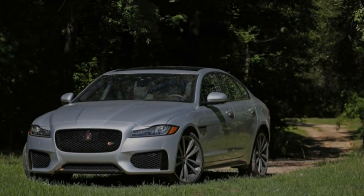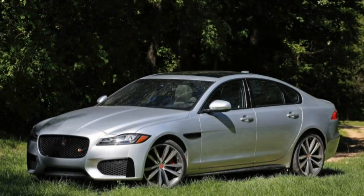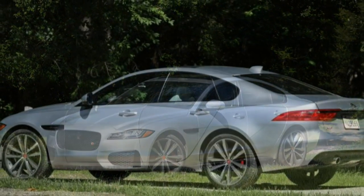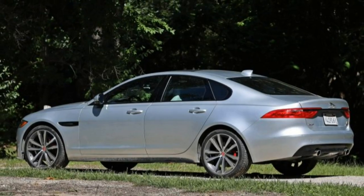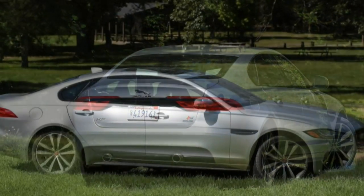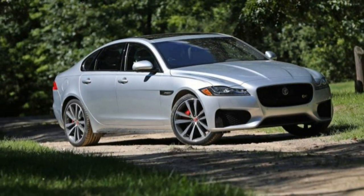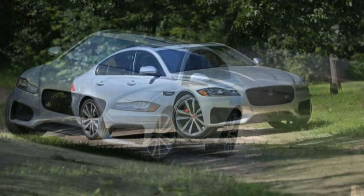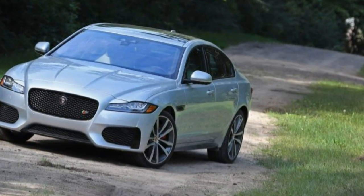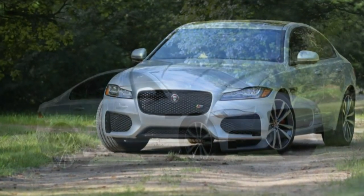Jaguar no doubt disagrees, but the best perk of driving one of its cars is not seeing another one. There's too much country for Jaguars to be as commonplace as Mercedes-Benzes or BMWs, each of which sells about 20 times as many vehicles in America as the British automaker scrapes together in 1 year. That may change some as the F-Pace SUV and compact sedan gain momentum, but right now Jaguar remains very much